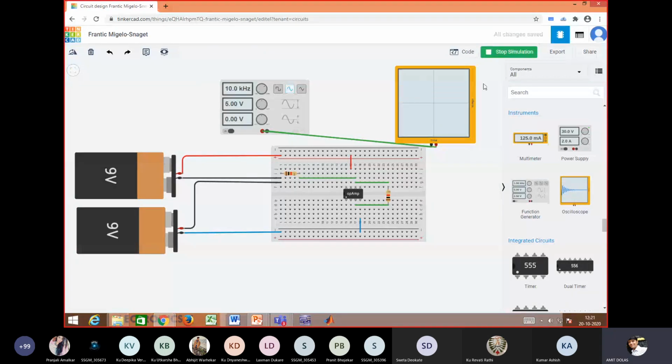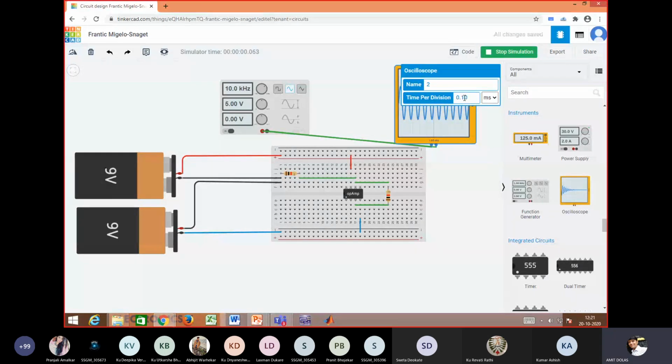You can use time period less than that. You will be able to see the single waveform in the scope. So this is sinusoidal waveform generated of 5 volt VP and 10 kilohertz sine.